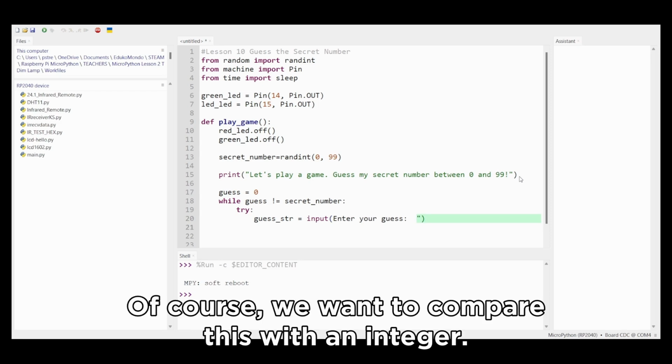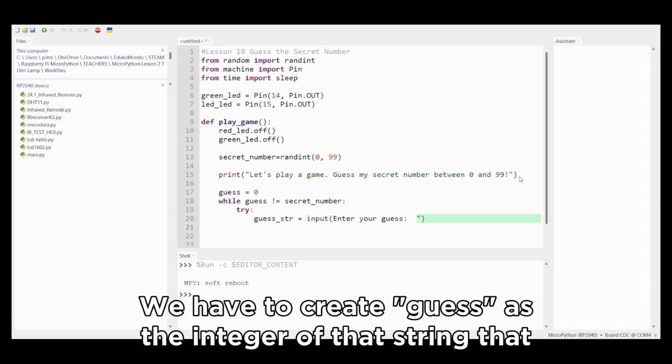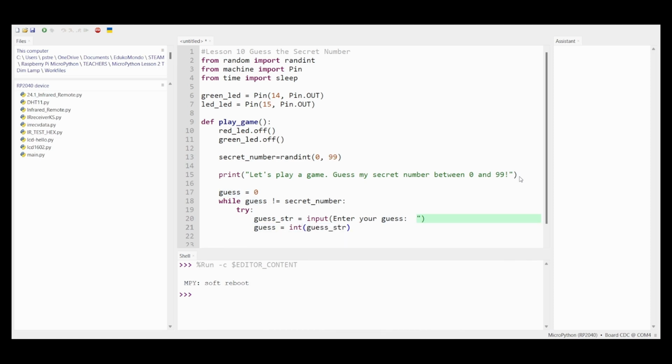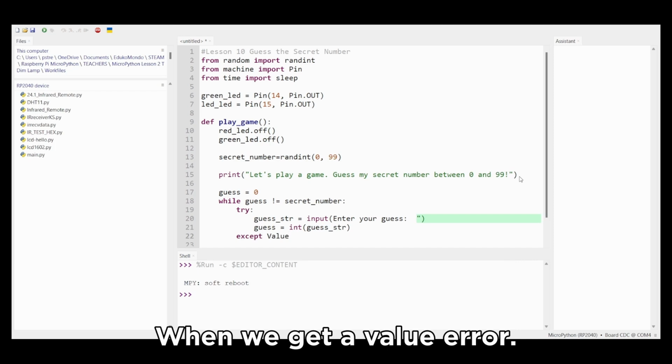Now, of course, we want to compare it with an integer, so we have to create guess as the integer of that string that was just sent to us. Except when we get a value error,